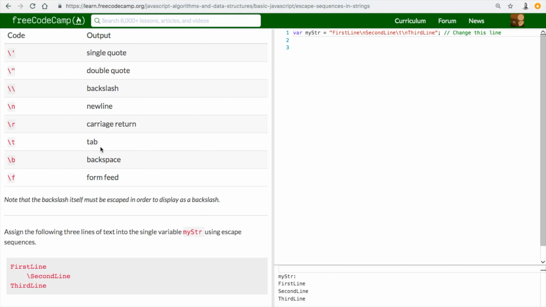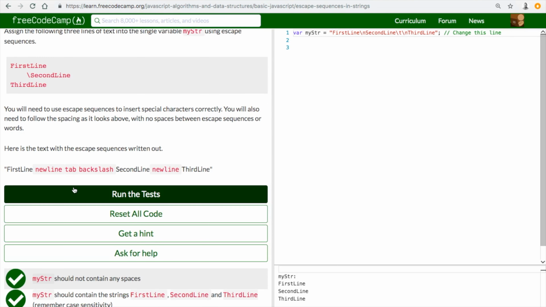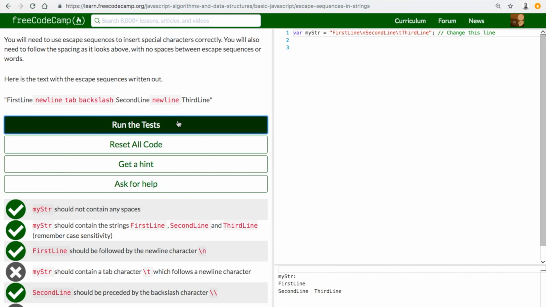So we've got our new tab. So \t, not /t, and then \n for the new line. So let me just try that again. There should be a new line character between the second and third line. So second, yeah. Okay, let's have a look. Let's get rid of that new line and then just run the test. Alright, so